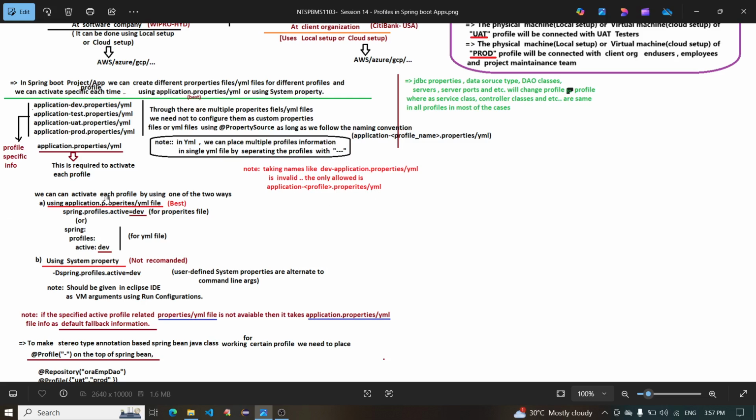We can activate each profile using one of two ways. A, using application.properties or YAML file, and this is best: spring.profiles.active=dev for the properties file, or spring: profiles: active: dev for the YAML file. Also B, using system property, not recommended, but